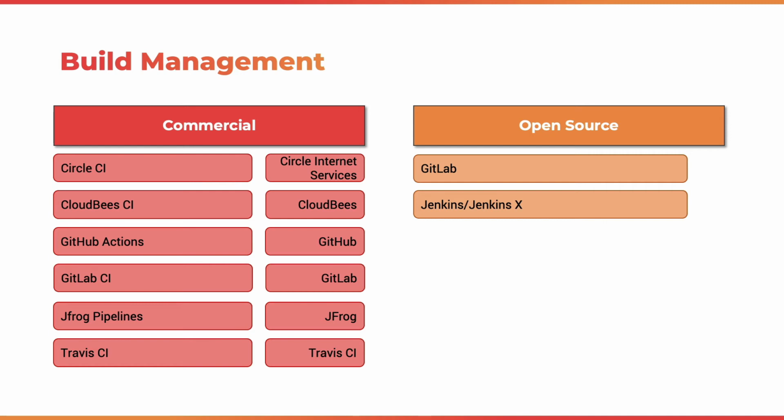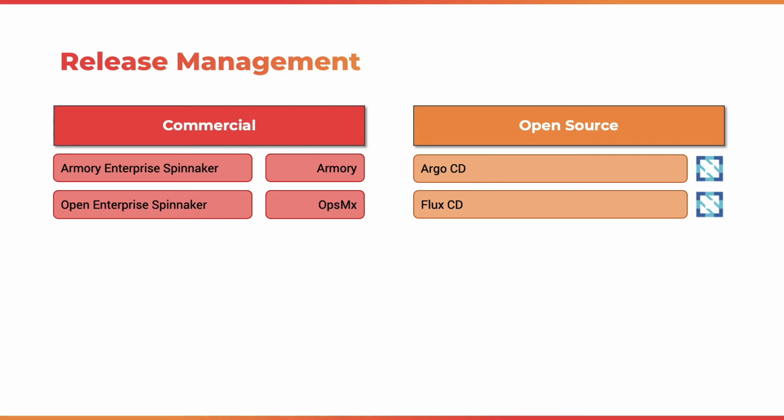So this is the build management. Now, the role of a build management tool is to connect the dots between the Git repo, which is the source code repository, and your production environment. In between comes the staging, testing, and UAT and all of that. But the build management is essentially responsible for packaging and deploying, not exactly deploying, but at least packaging and storing them in the target, which is your container registry. The deployment part is typically left to the release management.